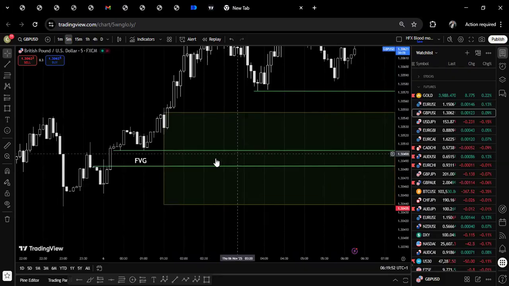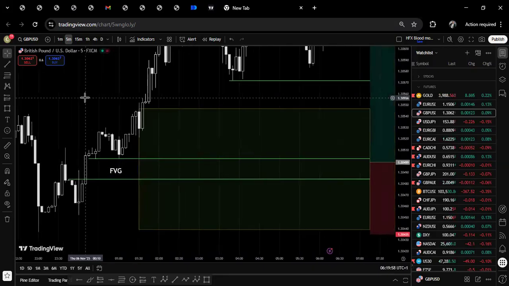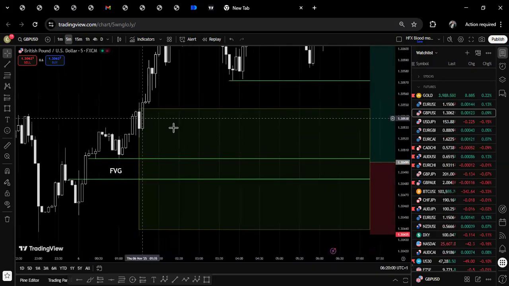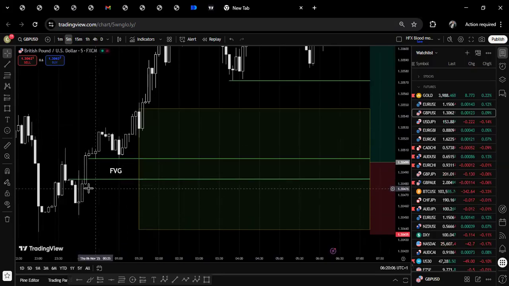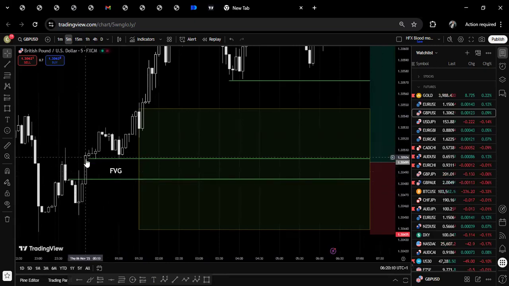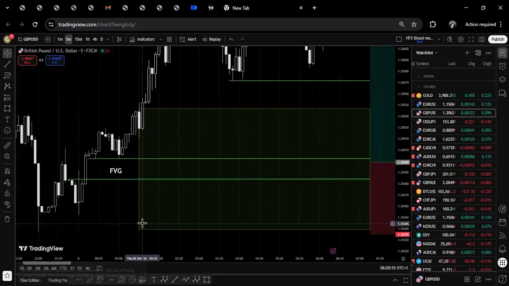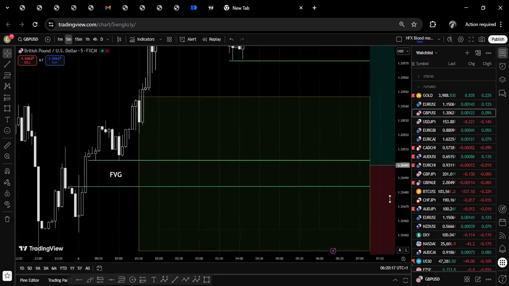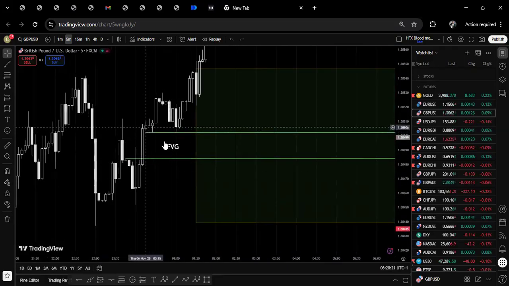So this is 5 minutes. This is already our fair value gap from 15 minutes. Can we see another possible area? Fair value gap here? No, no, no. You can't see anything. The fair value gap on this time frame has been respected already. The only reasonable fair value gap I can see is this point, this low, and this,